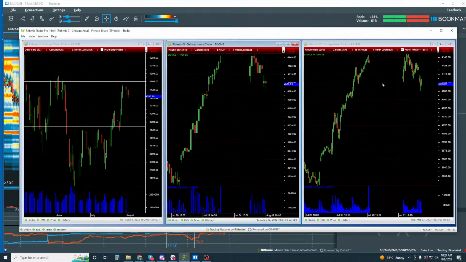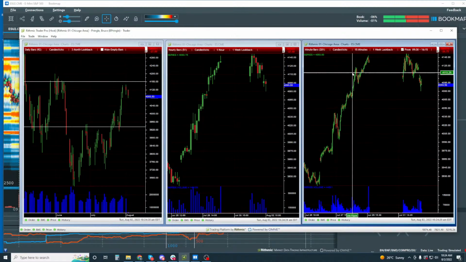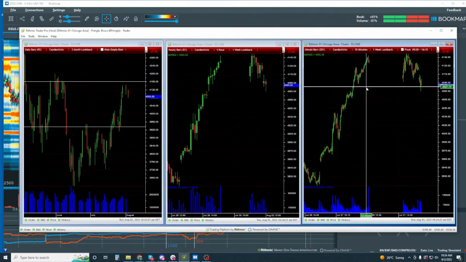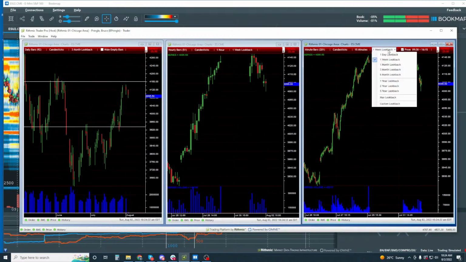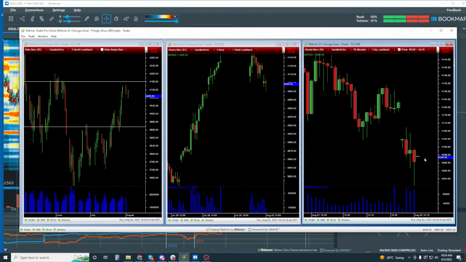All right, here's our 15-minute chart on the right-hand side. Here's the move into it, and the 15-minute chart's giving us a little more information here. You can see the strong move out of this area, and then the move back to it where we found those buyers before. And they're buying. However, let's just zoom in here. Let's look at 1 day. They're buying, but you can see, just trying to read the tea leaves in the candles here,